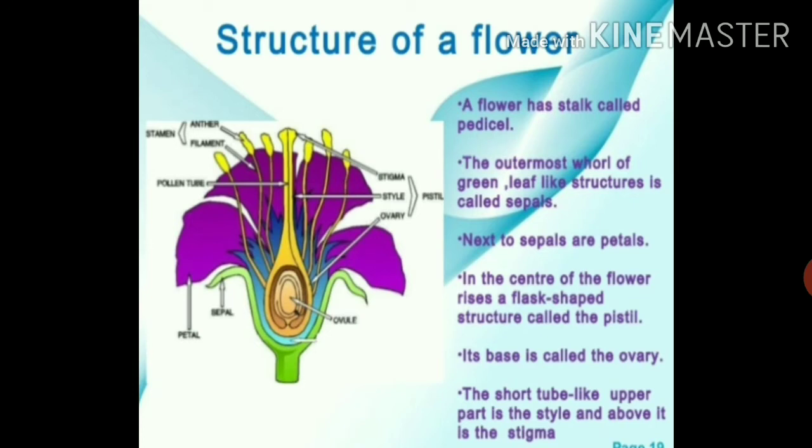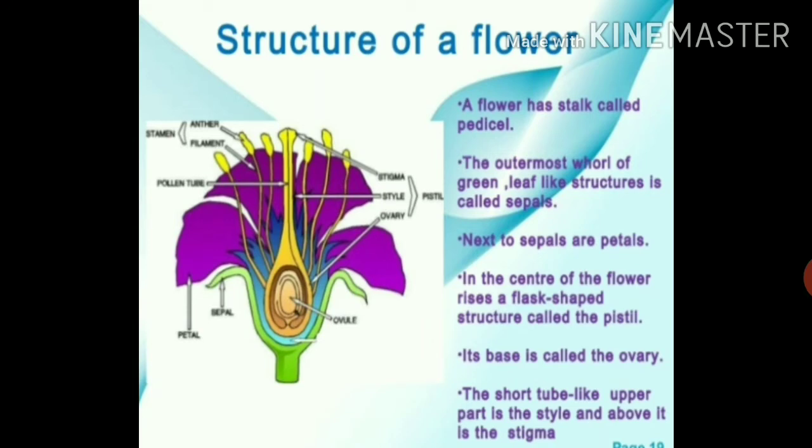So first we will start with pedicel and thalamus. The flower is joined to the stem through a stalk called pedicel. The uppermost, wider part of pedicel is called thalamus. The different parts of flower are arranged in rings or whorls on the top of the thalamus. What is whorl? Whorl means a circular arrangement or anything shaped like a coil.